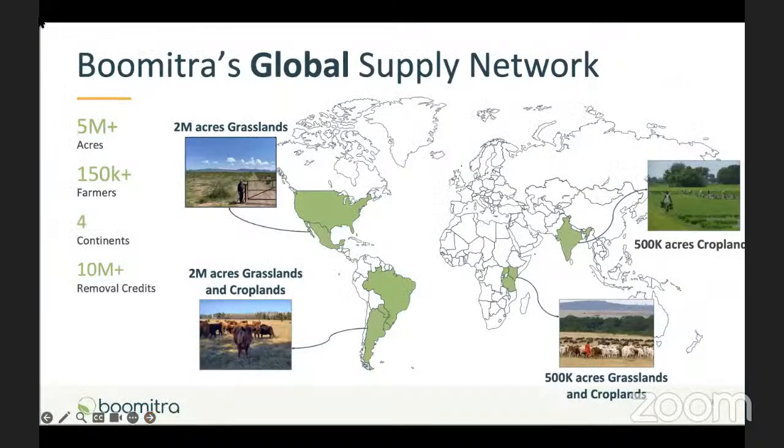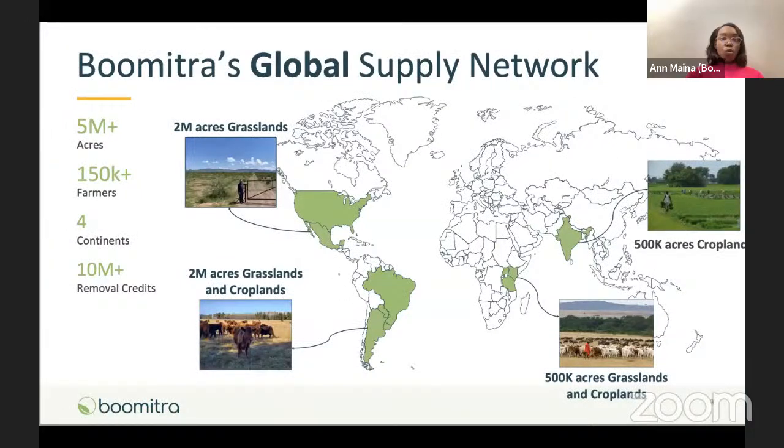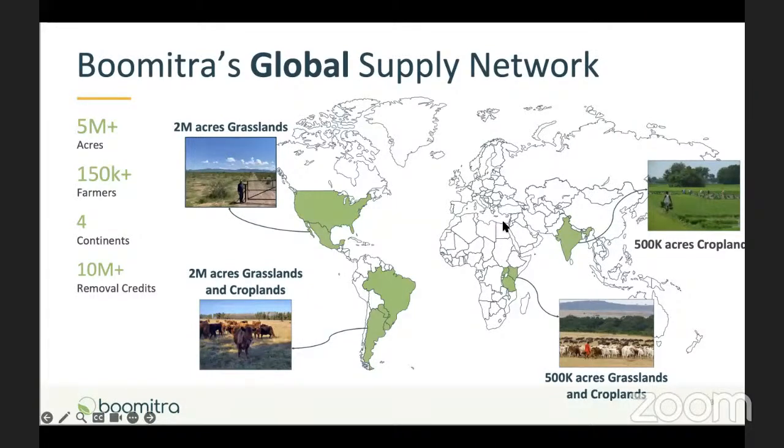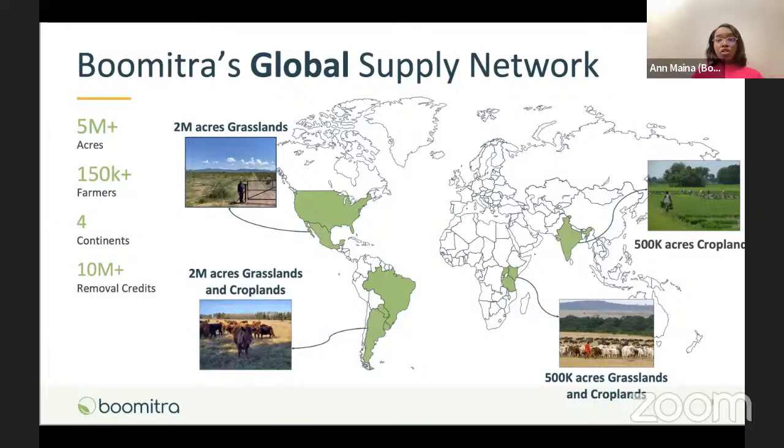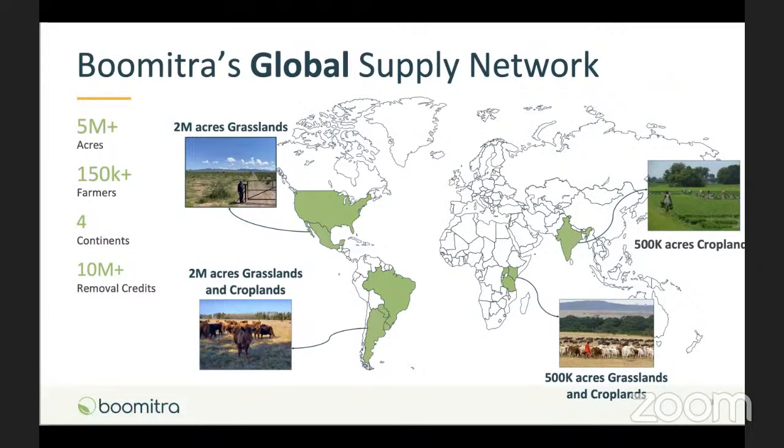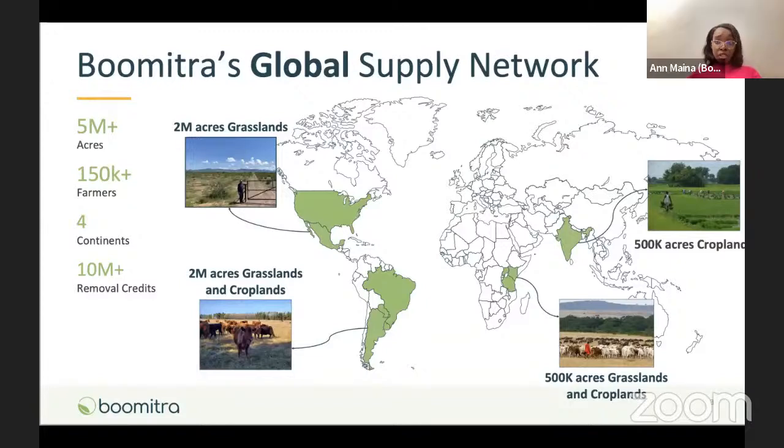As I initially mentioned, we are working in 4 continents, and we are rapidly expanding into newer geographies. At the moment, we have a project in India. Our target was 500K acres onboarded into our program, and at the moment we have a total of 300,000-plus acres of land. We also have a project in Mexico and its neighboring surroundings. This is a grasslands project.